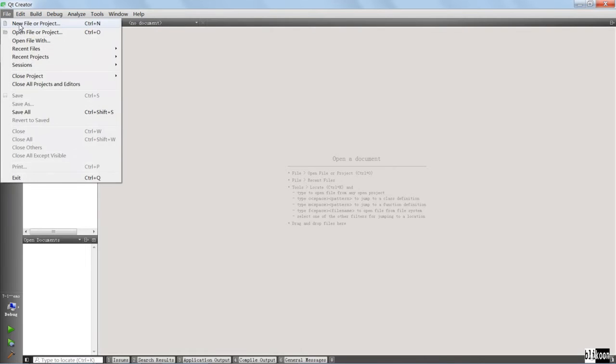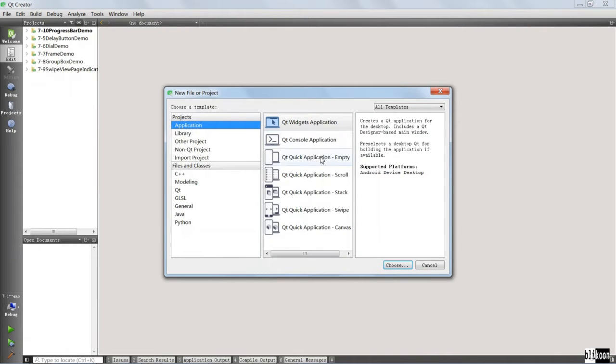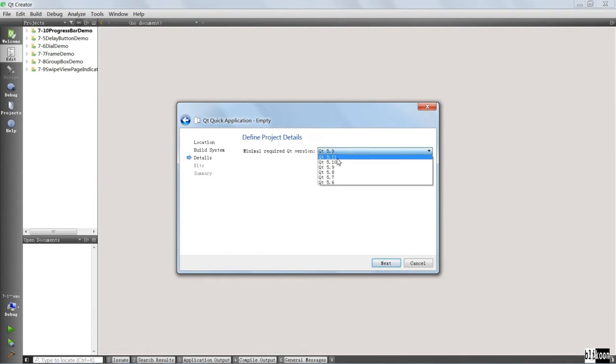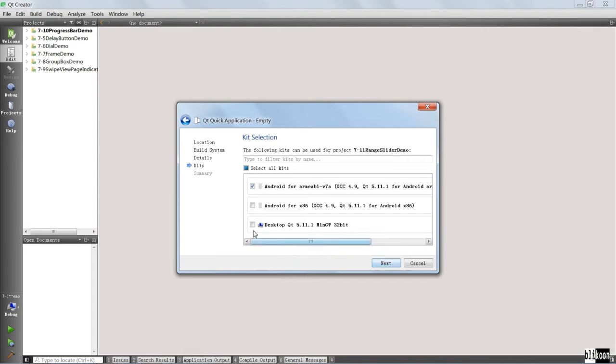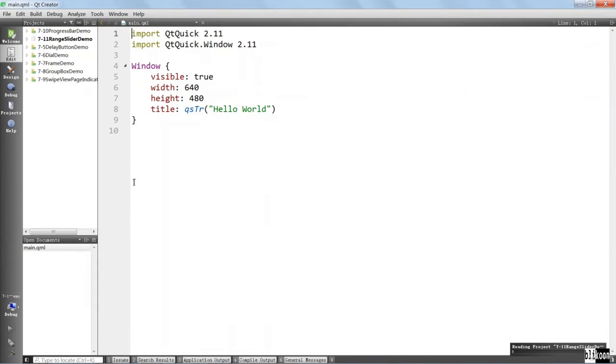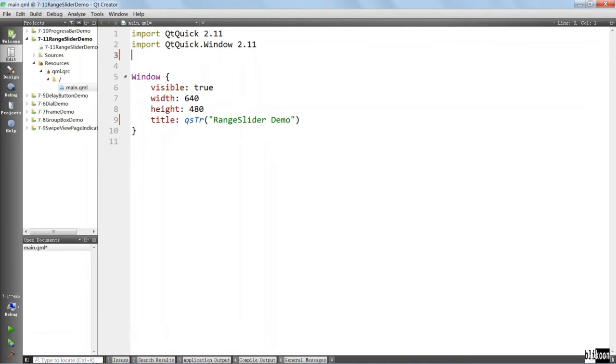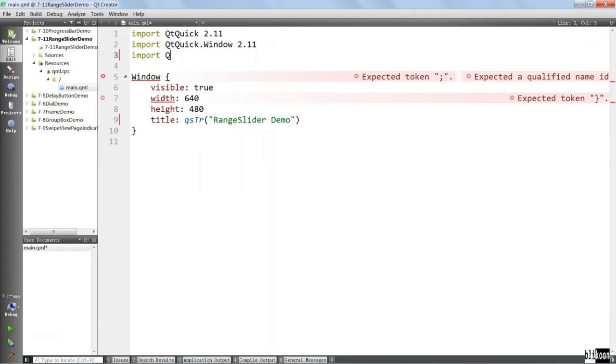Okay, here we are in Qt Creator. We are going to create our new project, Qt Quick application. It's going to be called RangeSlider demo. Save it in the usual location, hit next, choose your Qt version, your kit, and next. We want to change the title here to RangeSlider demo and import our Qt Quick Controls module